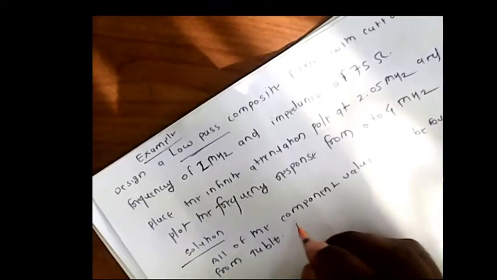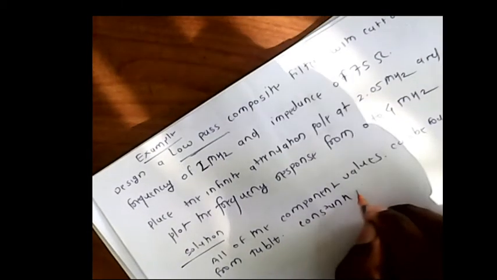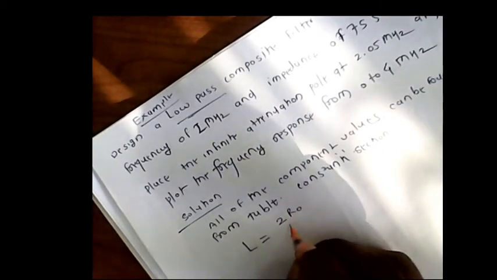For the table of the constant K section, we define the value of the inductor. So we can calculate the value of the inductor, that is given by